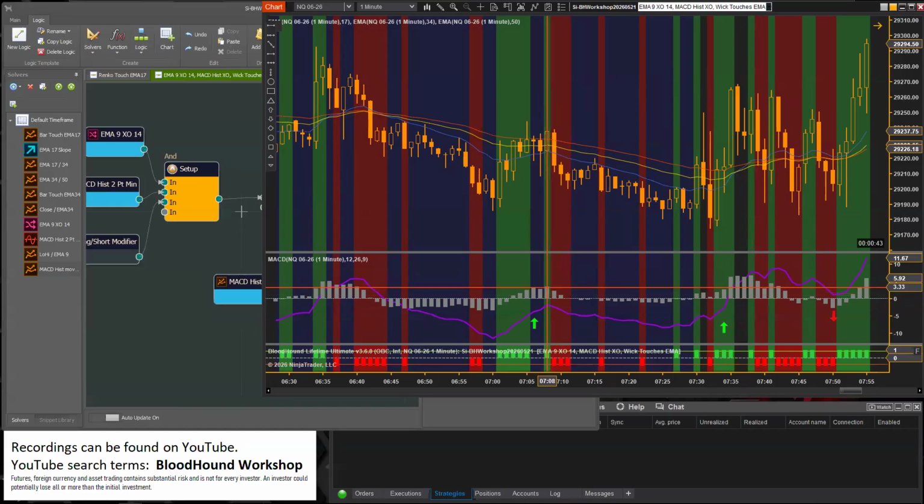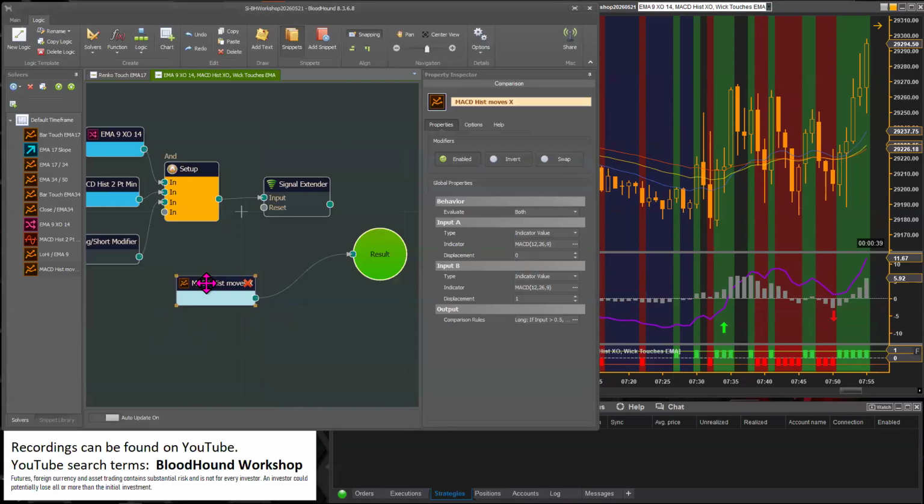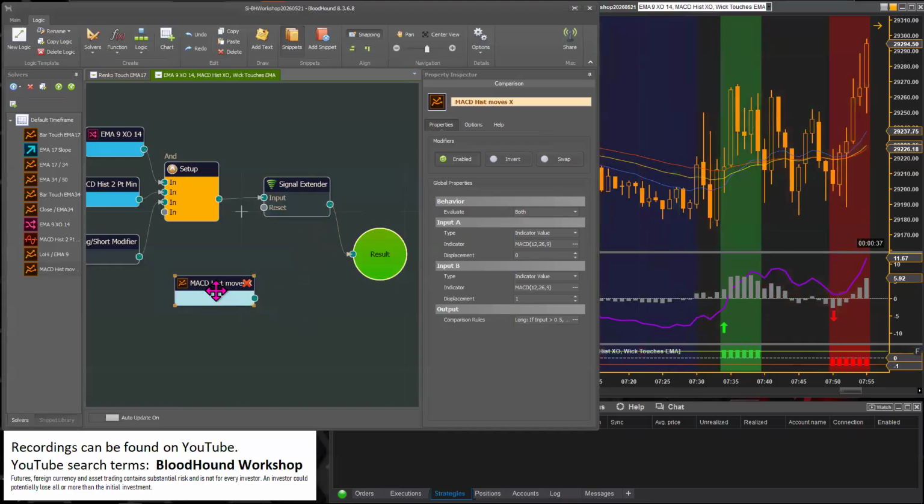And for this one, we got a step down here. All right, so this 0.5 ought to work here. So if we connect this into the reset there,